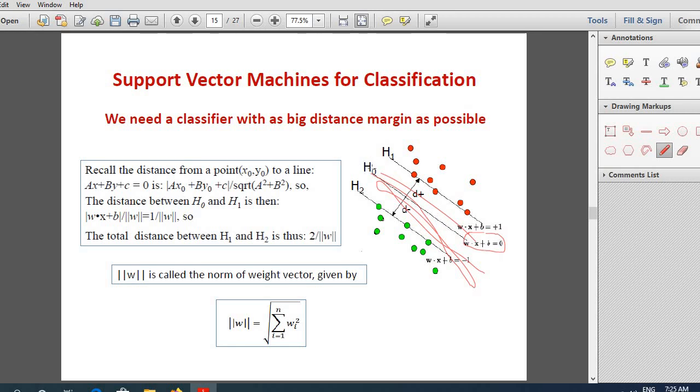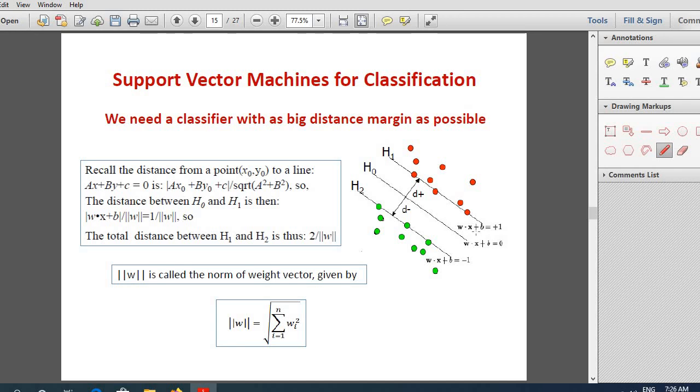Now, for this particular hyperplane H naught that we have chosen, you need to find the support vectors. How will you find them? You calculate the distance to each of the green data points and find the nearest one. So here there are 3 support vectors for the green class, and 3 support vectors for the red class also. Then you find d plus and d minus, and the total will be the margin distance if this hyperplane is chosen.